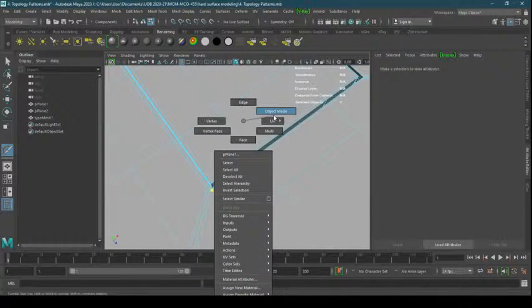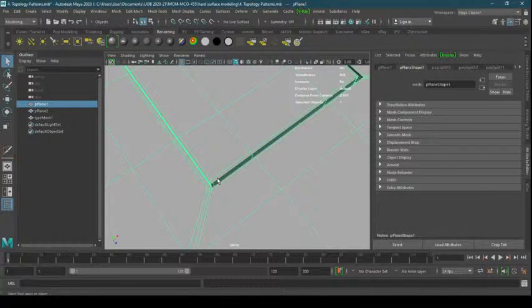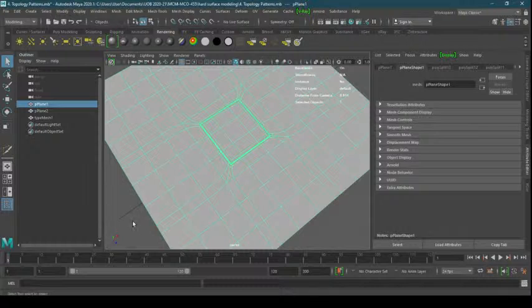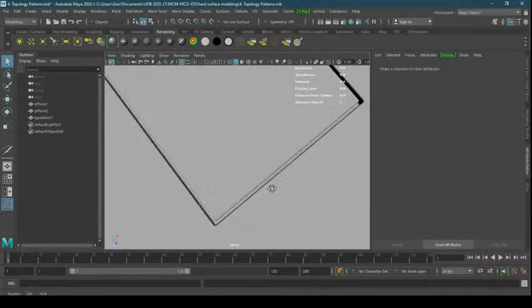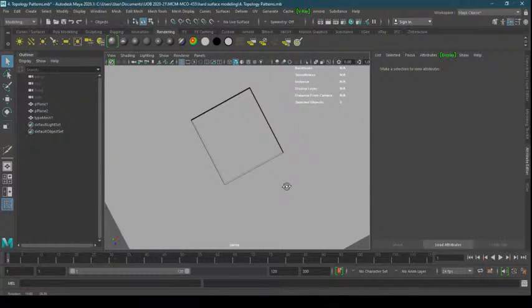I will go back to my object mode, press Q to go to the selection mode, and now I will press 3. So now see, after pressing 3, it's very hard to tell if I have pressed 3 or not, and you can see that it is very strong. So this is how you can get